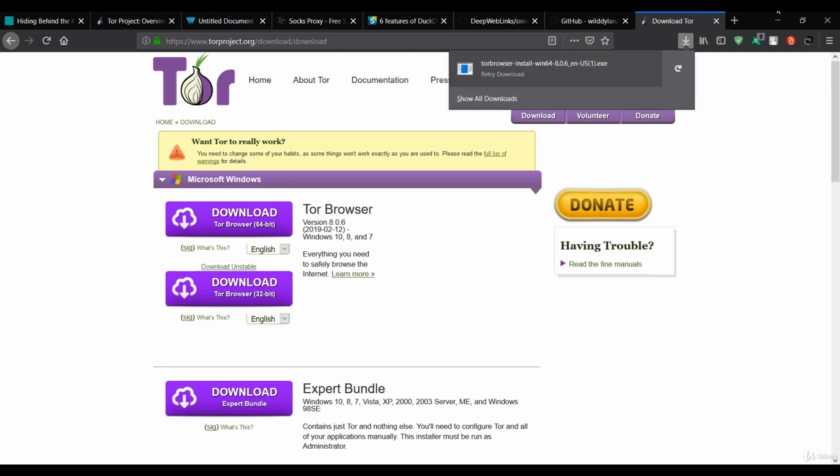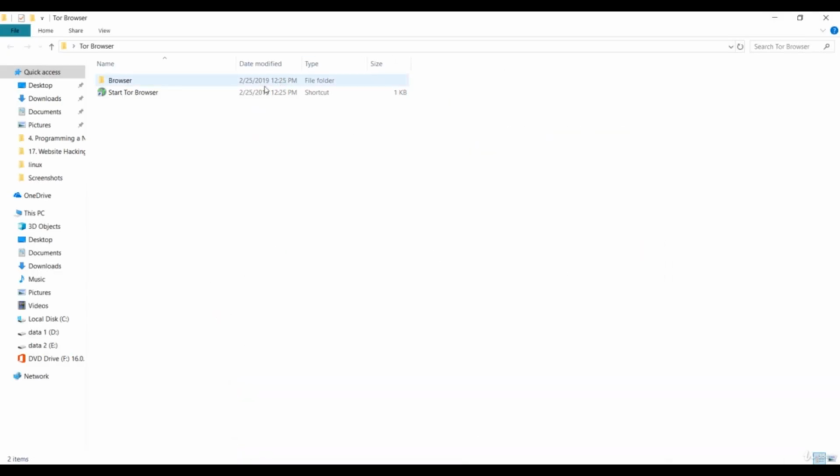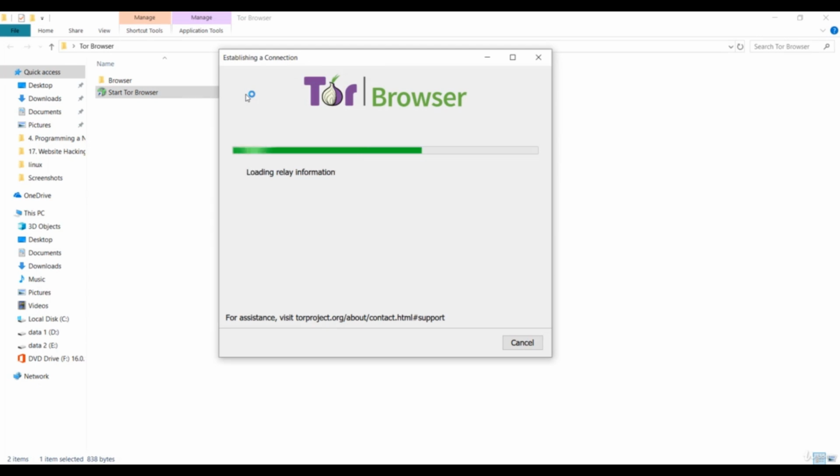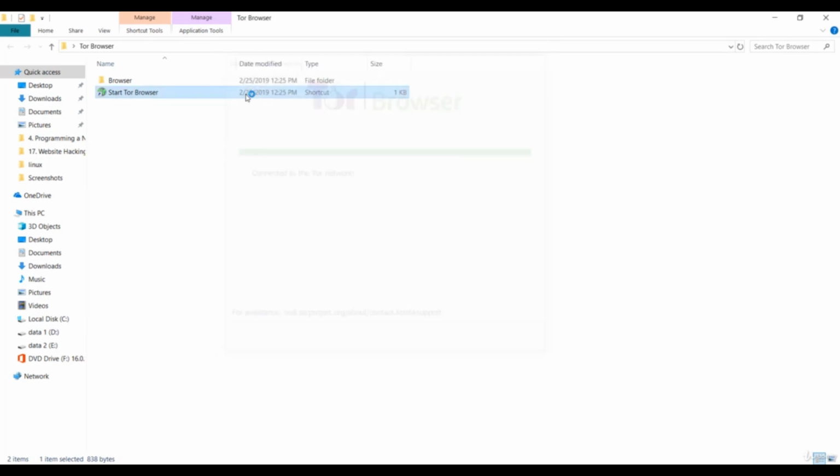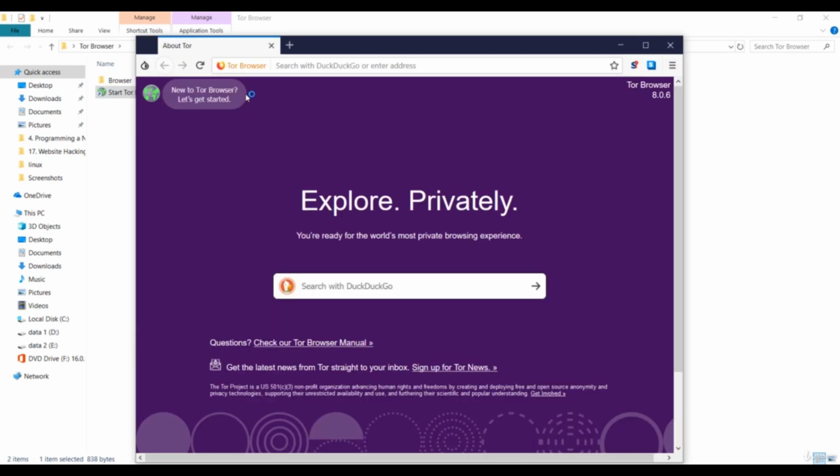Let me close this because I have already installed it, and you will see this Start Tor Browser icon over here. Let me open this. Then you should get this Tor Browser establishing a connection tab. Give it some time to load and it will give us the Tor browser. So this is the Tor browser that is going to open the hidden websites that are in the